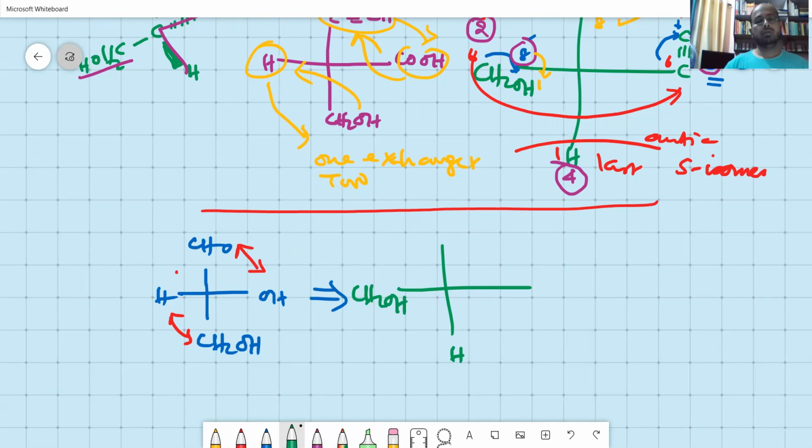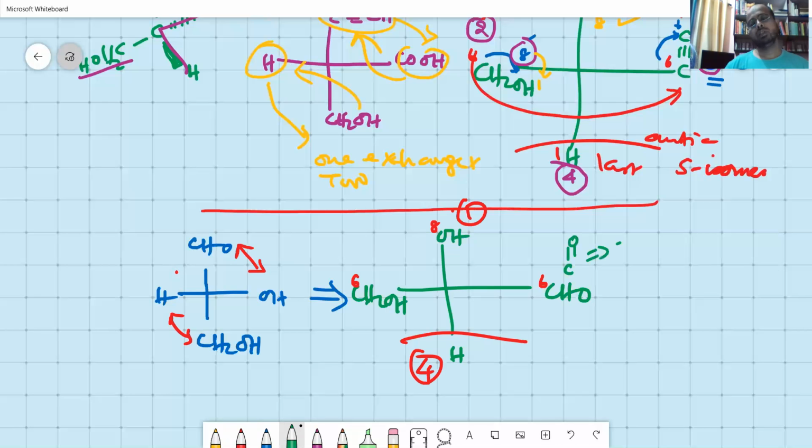CH2OH, OH, and CHO. Now this is the last priority, it can be removed. Oxygen has 8 and this is 6 and this is also 6. This is the top priority, first priority, this is the fourth priority. Between these you have to establish, here CHO is equivalent to C double bond O, which is equivalent to C, O and O. That means 6 is attached to 8. Here 6 is attached to O 8. But here you have 2 8s because you have a double bond there.